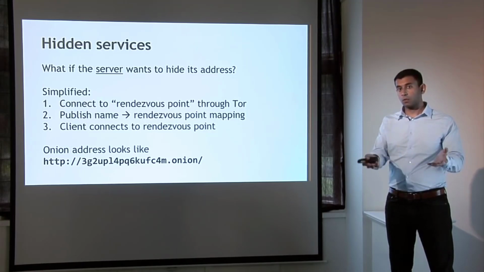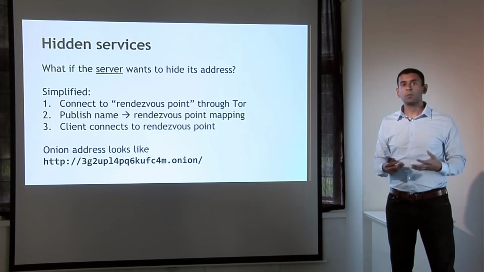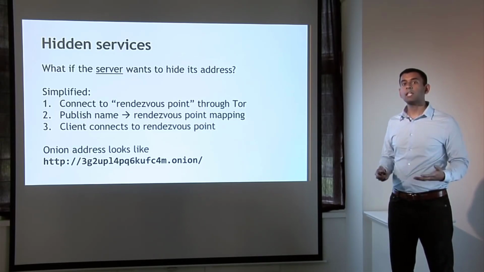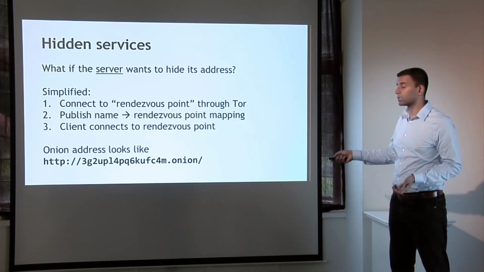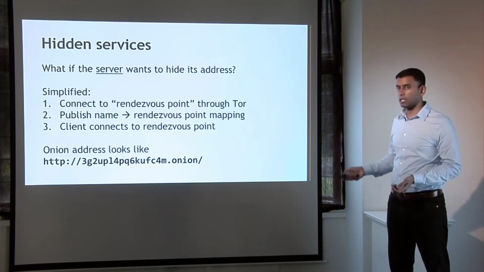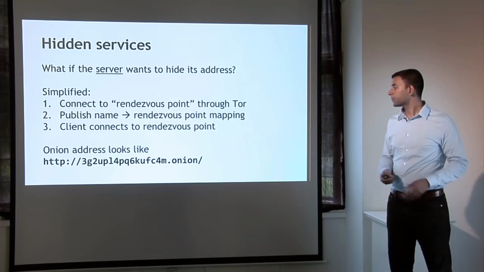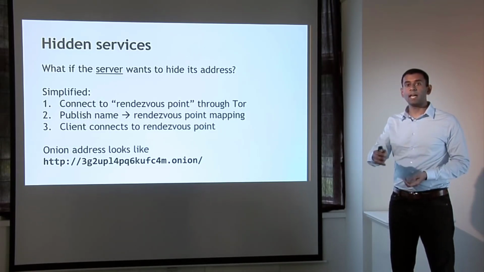When the Silk Road existed, if you wanted to go to Silk Road, you couldn't type in silkroad.com. That wouldn't make any sense because Silk Road is not even available over the regular web. Instead, you would have to, through some manner, and this was a widely known address, you would have to find, this is not Silk Road's address, by the way, this is the onion address of DuckDuckGo, a search engine that offers privacy and anonymity. But you would find a similar address that belonged to Silk Road